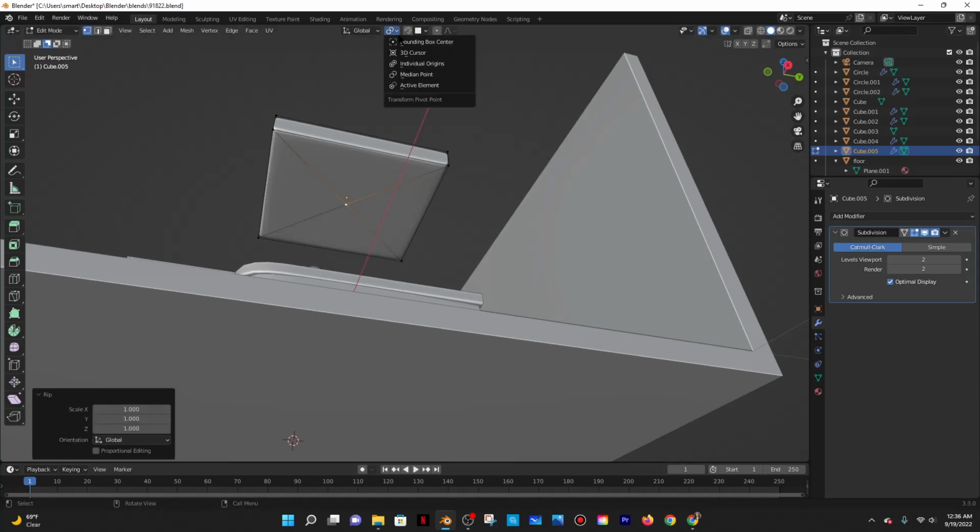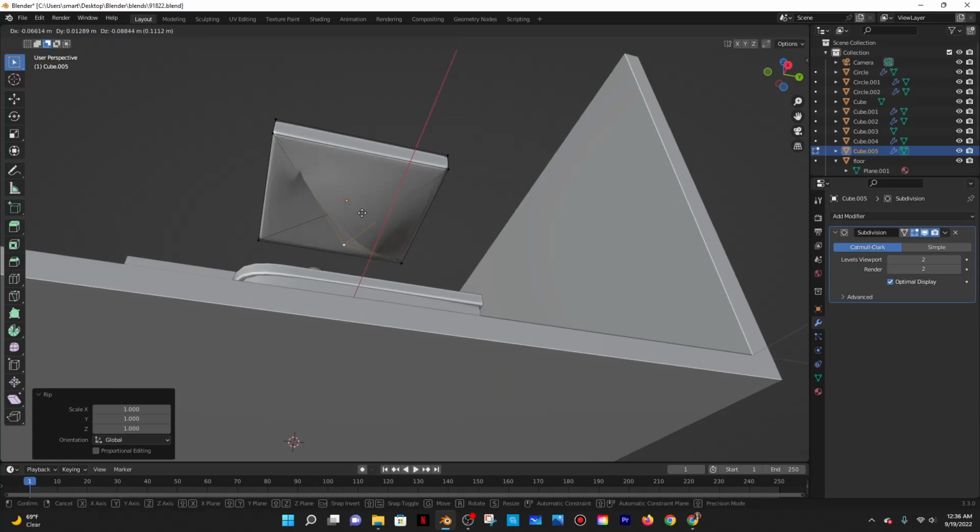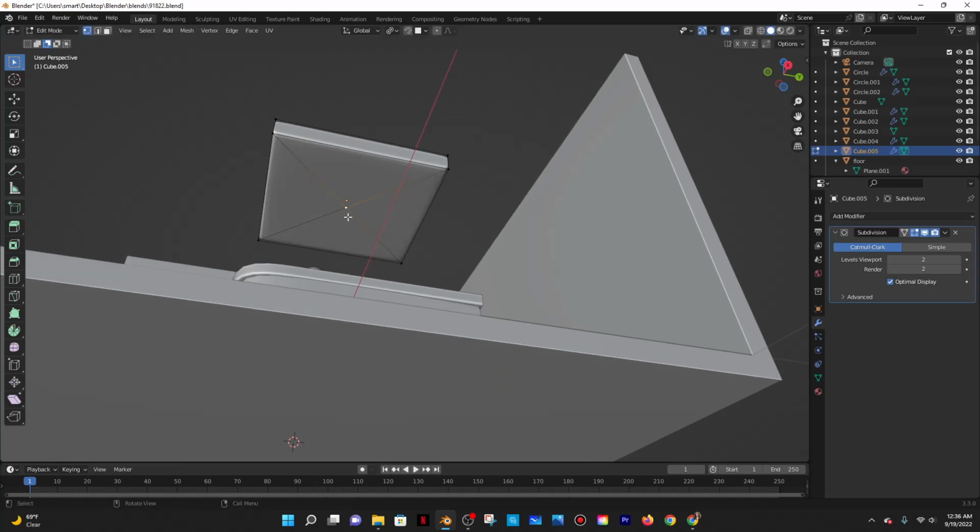If I turn this on to individual origins and then do Control B, and then scale. Nope, not letting me do anything. That's great. What if I just, okay, no. Never mind. Let me do Control Z, and instead of doing that, let me just make my life easier